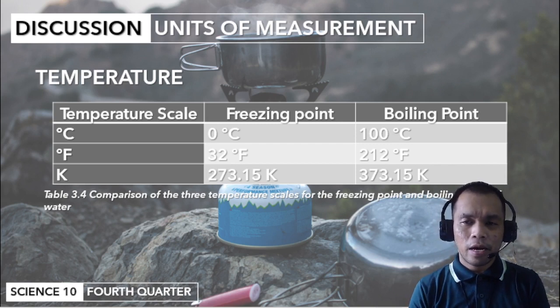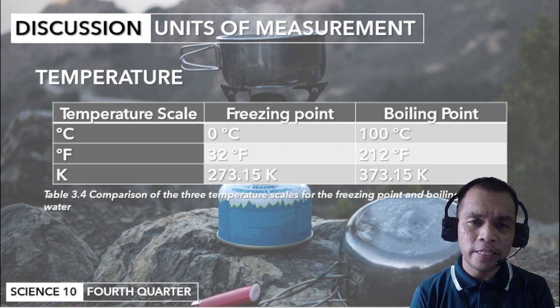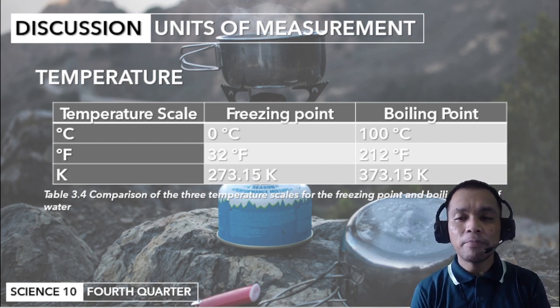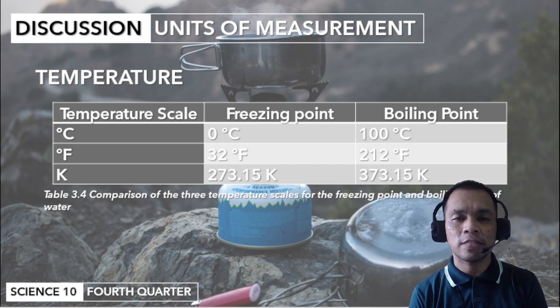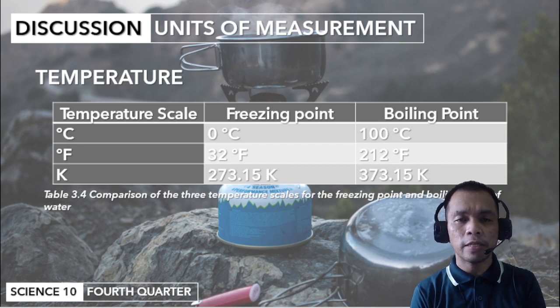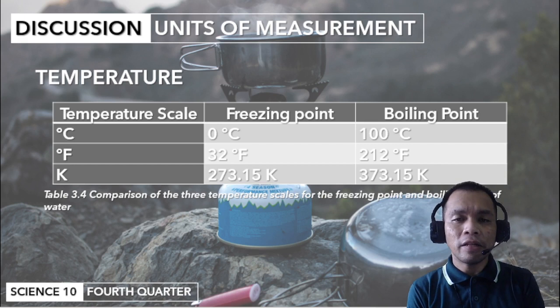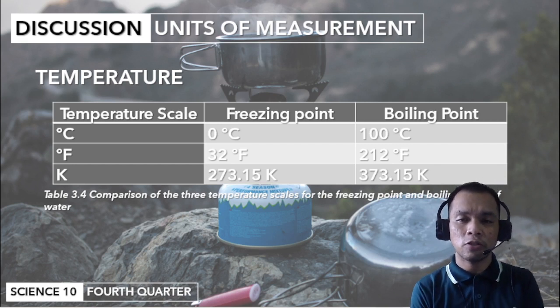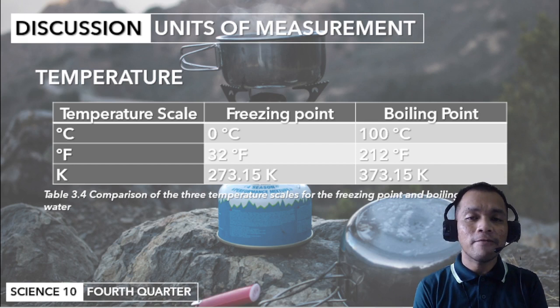When a substance is at its freezing point, basically this is water, no? The freezing point of water is of course 0 degrees Celsius. If we convert it to Kelvin, the equivalent temperature is 273.15 Kelvin, no? And for the boiling point, we know the boiling temperature of water is 100 degrees Celsius. So when we add 100 degrees Celsius to 273.15 Kelvin, we get